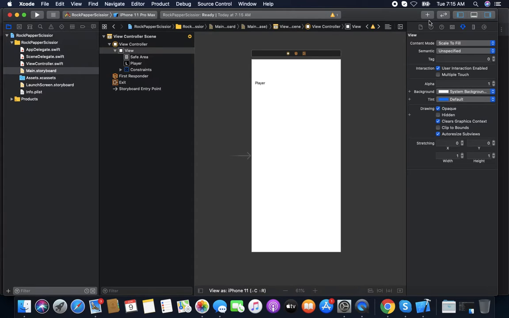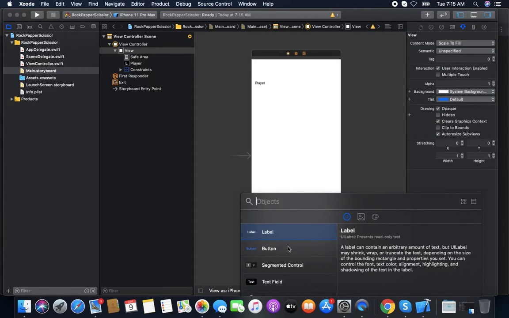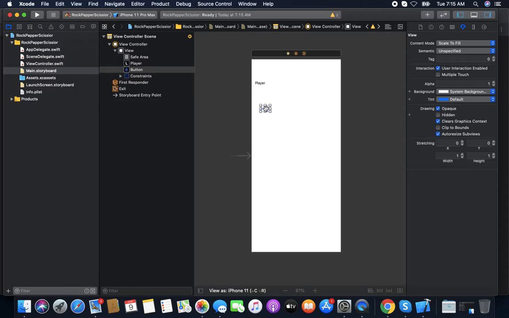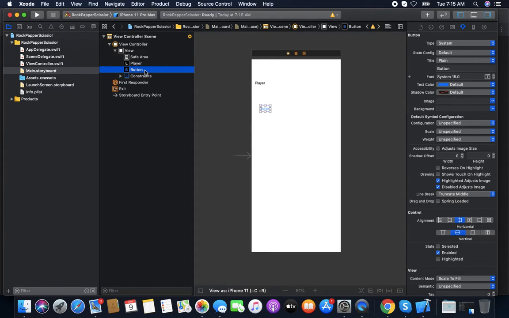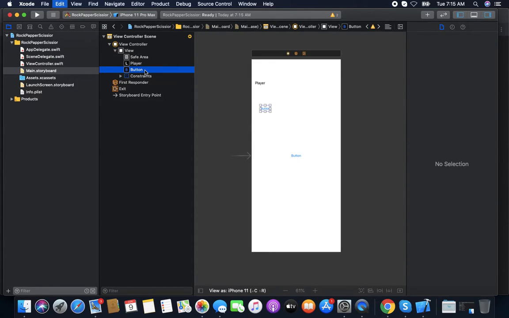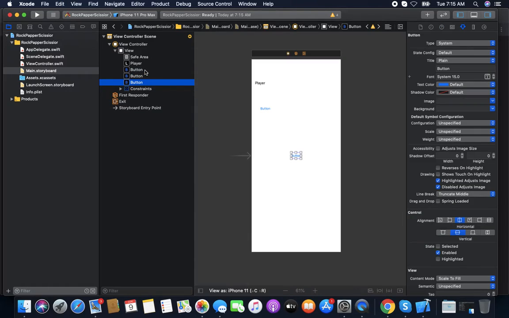Now we take a button. We need 3 buttons. So we copy that and provide them constraints, or we can put them all in a stack view.